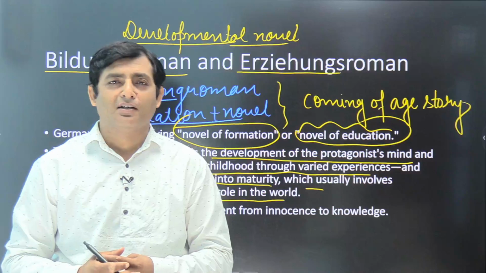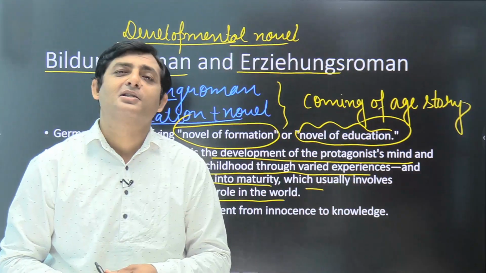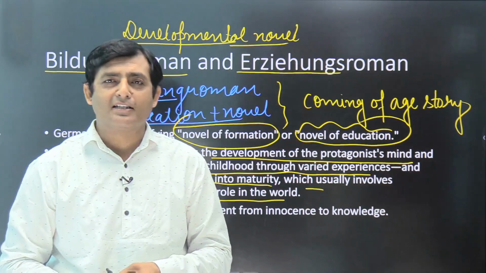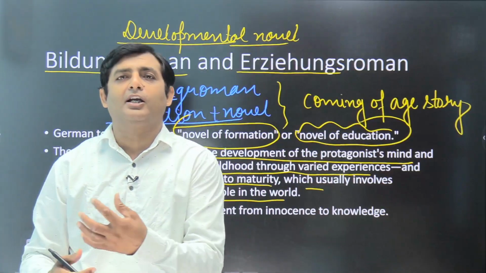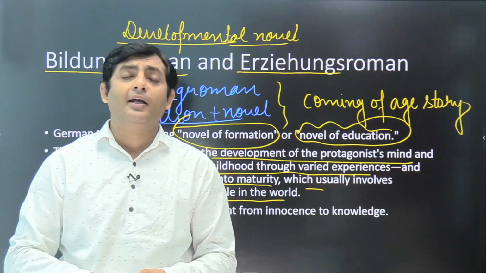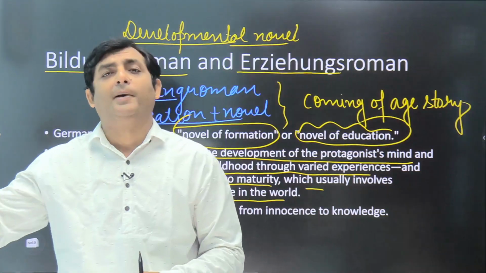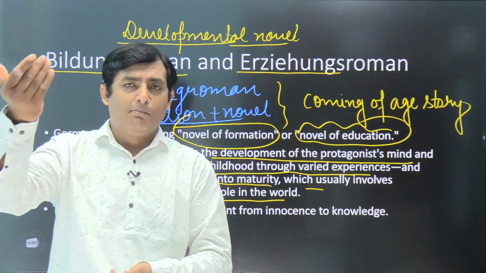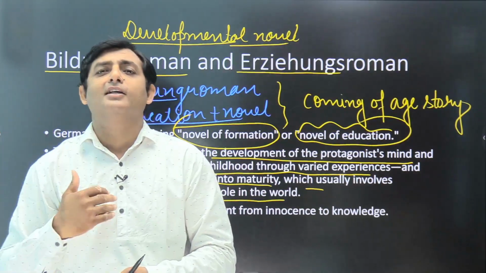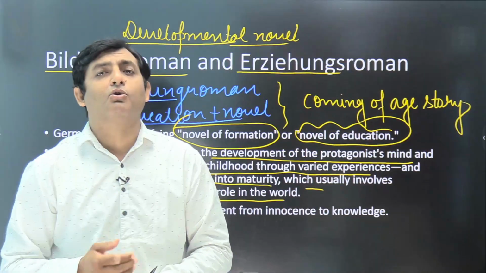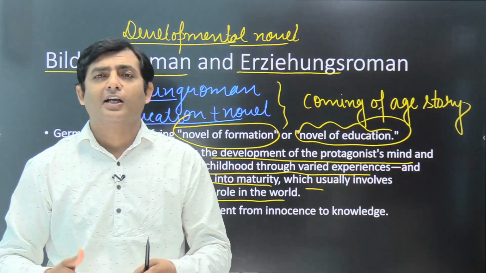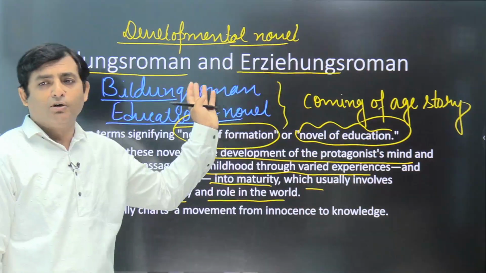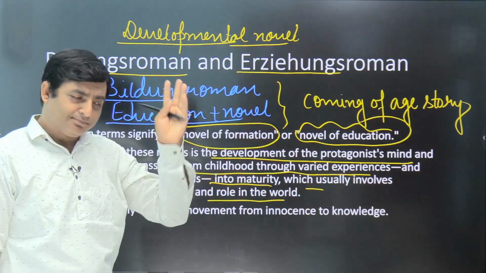And it is said that Homer's Iliad was the first Bildungsroman because it deals with the development of its protagonist Achilles. Achilles, in the beginning, he was very ruthless, very reckless character, and when he gives the body of Hector to King Priam, that was his maturity. So the novel travels from childhood to maturity, and such traveling experience in the form of novel is called Bildungsroman, is called formation novel, is called educational novel, is called coming of the age story, is called Erziehungsroman. Both are German terms. Alright.